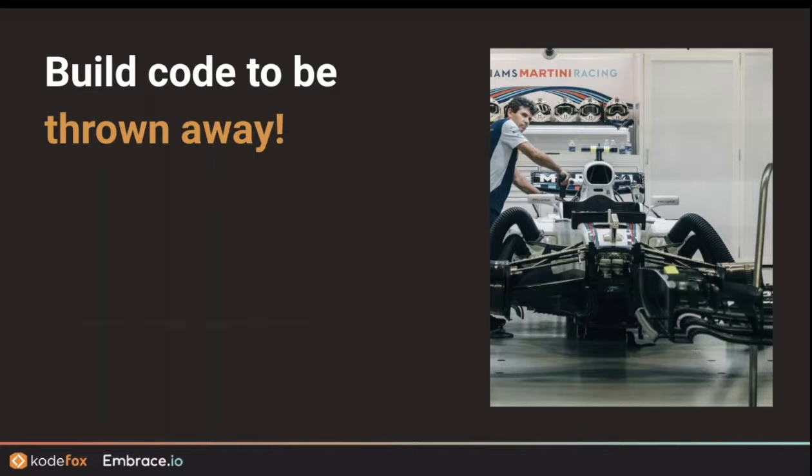And what do I mean by that? Essentially, you're not going to throw away your entire code base, but over time you are, one piece at a time. Components of your code base should be built with a lifespan in mind, that you're going to replace them eventually. This is the opposite of what your modern laptop or iPhone is, where you can't just replace a certain piece of it. You have to throw the whole device away. That is not what you want in software at scale.